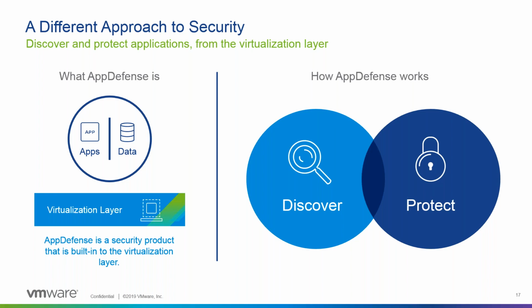It's also, from a security perspective, isolated from the attack surface. By running in the hypervisor, we are outside the attack surface. So if an attacker gets into a workload or into a VM, they are not able to disable AppDefense controls. It's very different from the way we normally think about security on an endpoint, where the endpoint security product itself, the agent, is vulnerable. It's part of the attack surface. It can potentially be disabled or modified.